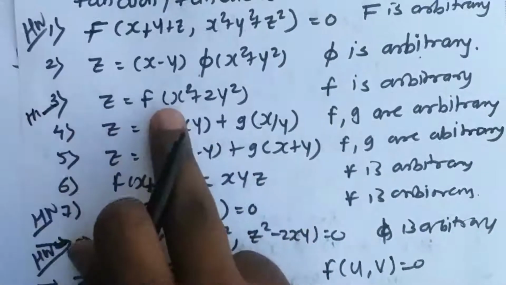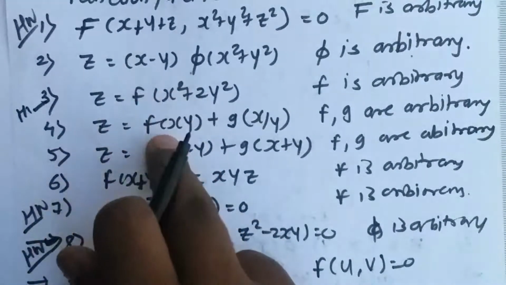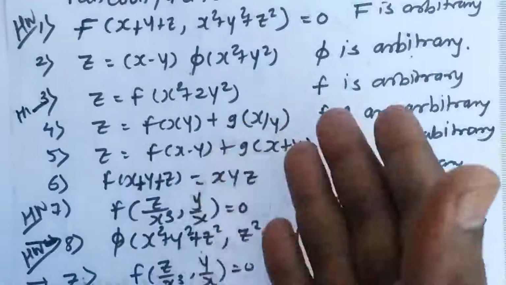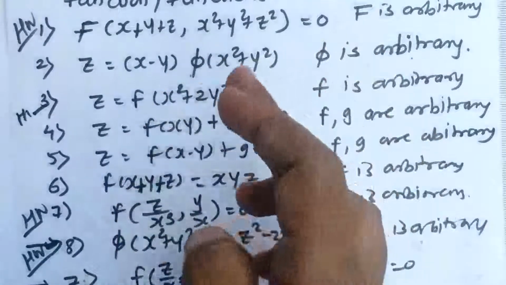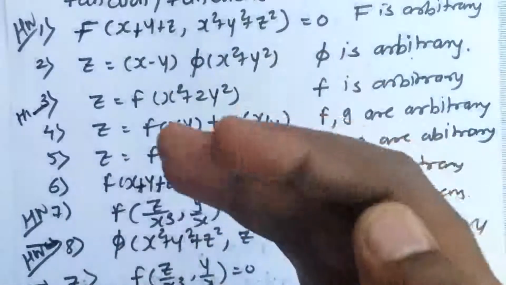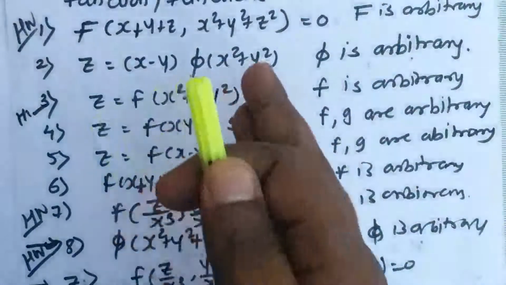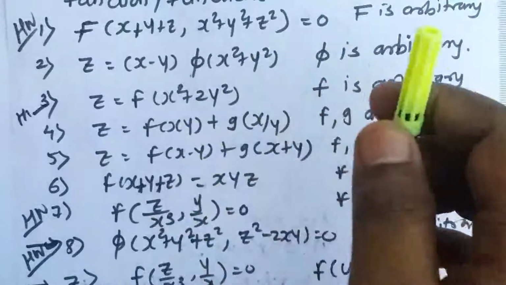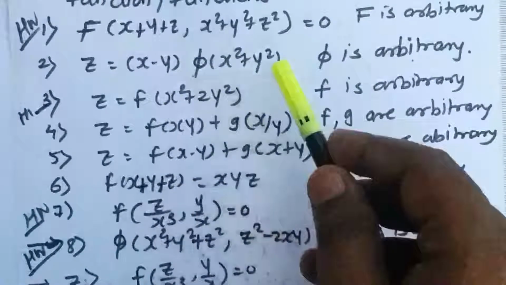This is also a single function we are having. Differentiate with respect to x, differentiate with respect to y, and whatever terms you get, try to eliminate that f dash, which you will get after differentiation, on the right hand side. That f dash can be eliminated by carrying out division also. Or if you get equal terms you can do multiplication and addition like the previously discussed example. So this example also can be done in a similar way.